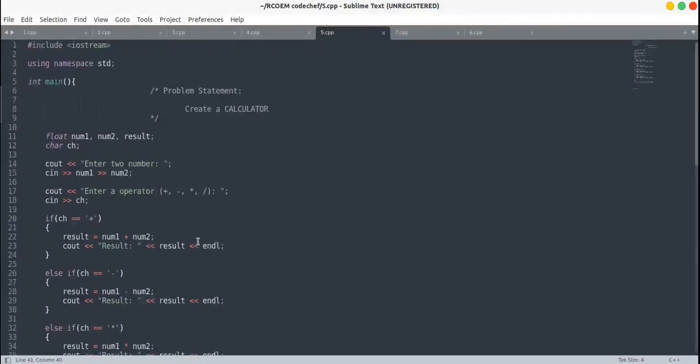This code works exactly like the previous one. Now let's learn about switch statement in C++.